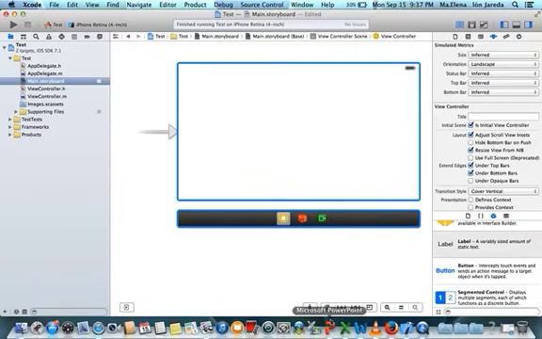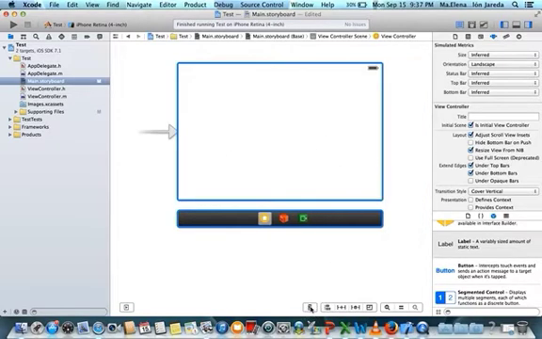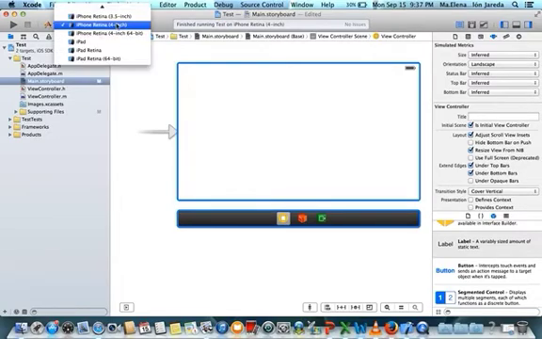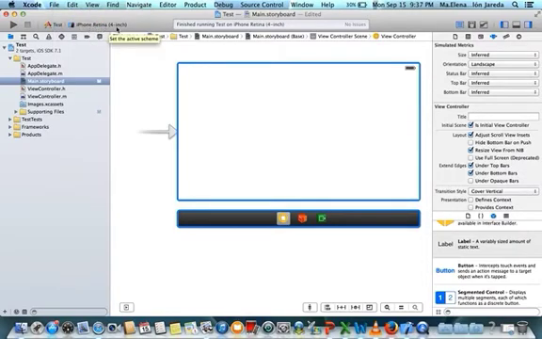Okay, and you just have to decide if you want to work with a 3.5-inch iPhone or with a 4-inch iPhone, and you have to be careful to use the correct simulator. So for this exercise we're going to use the 4-inch iPhone Retina simulator, and this is the same here in the storyboard. So we're going to run